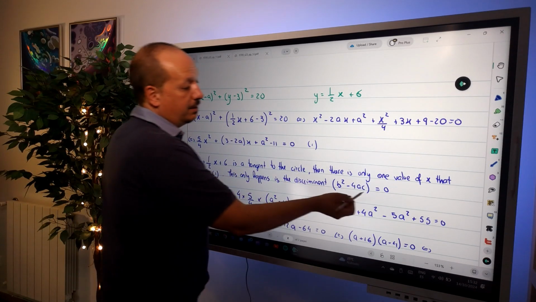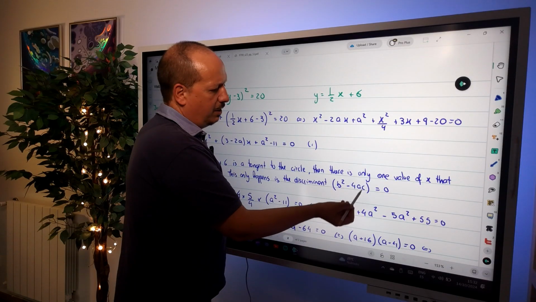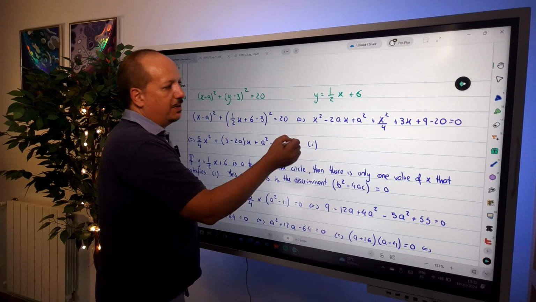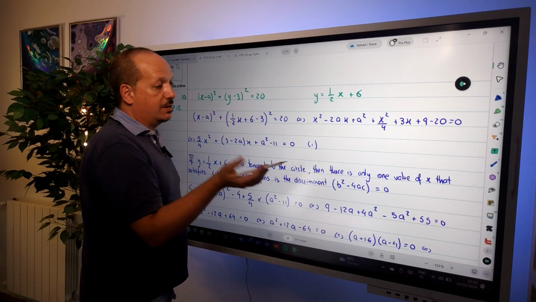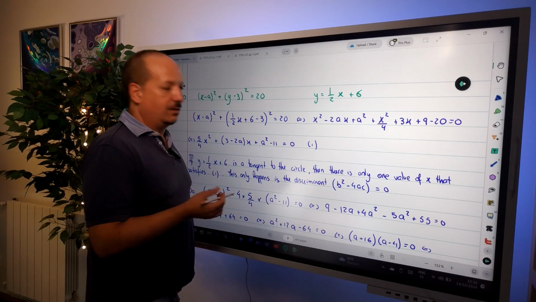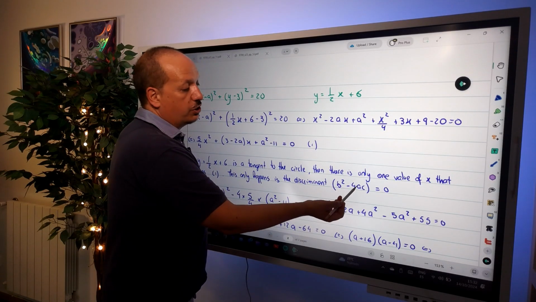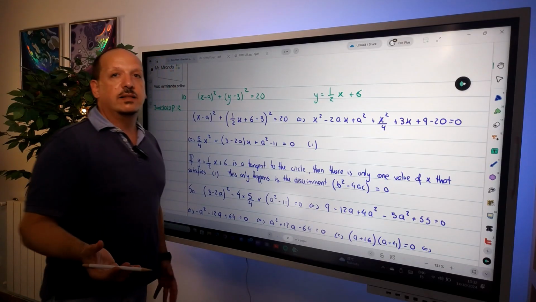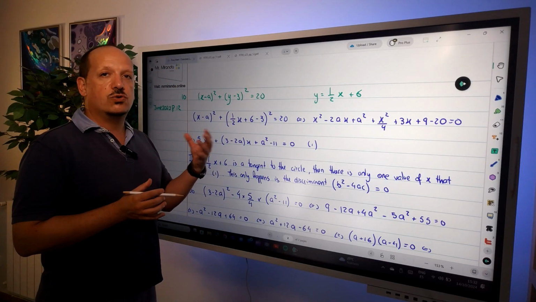It is given by this formula over here, b squared minus 4ac. You may remember this as what you have inside the square root in the quadratic formula, and the reason is because this is actually what it is. So b squared minus 4ac, in which a, b, and c are the coefficients of ax squared